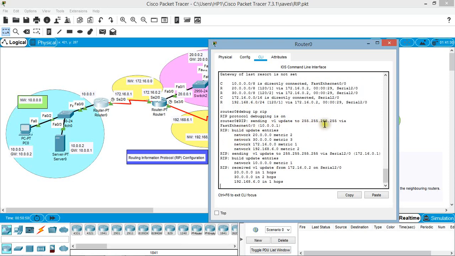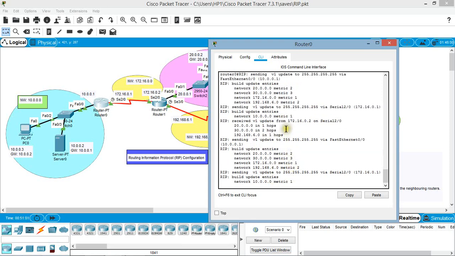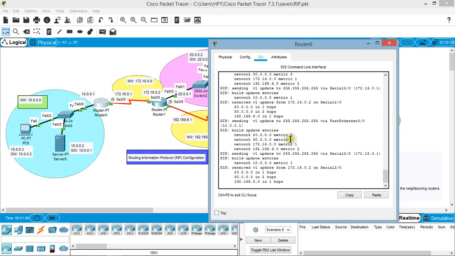That is, it broadcasts that update via the fast Ethernet interface 10.0.0.1, and it receives the RIP version 1 update from its serial interface 172.16.0.2, and these updates are received from its immediate neighbor, that is router 1.